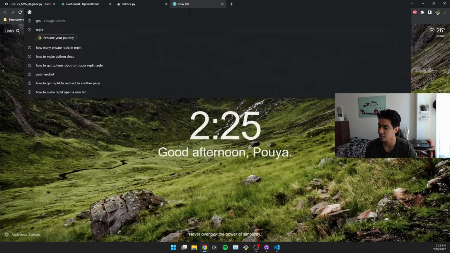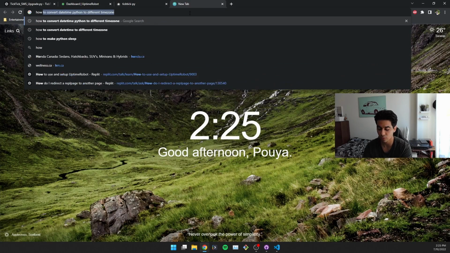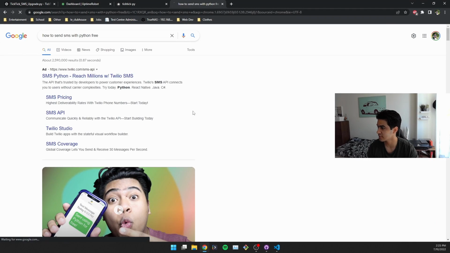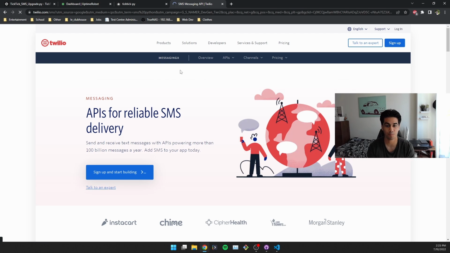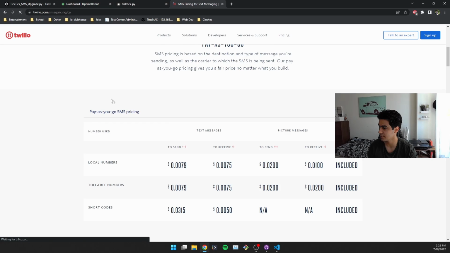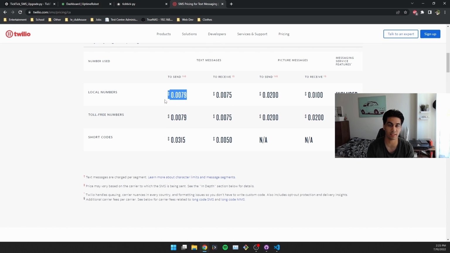Well, if you make a simple web search of how to send SMS with Python, this Twilio website comes up. Twilio is an API for reliable SMS delivery. I think it's very easy to use. There's only one issue. The problem is that Twilio is paid, so you have to pay a certain amount per text message. So if I do SMS,